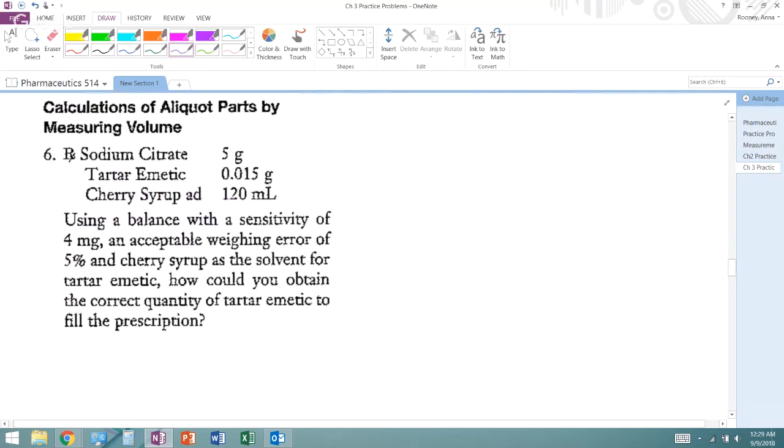All right, so parts of aliquot by water. So this is going to be a little bit different. So we need our ratio. However, we don't necessarily have the same setup when it comes to